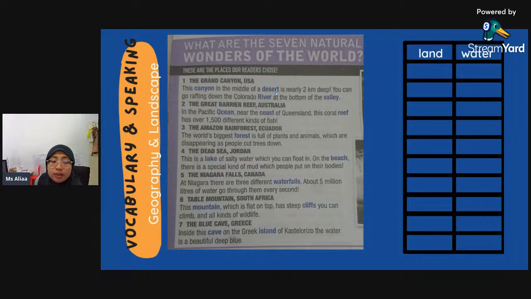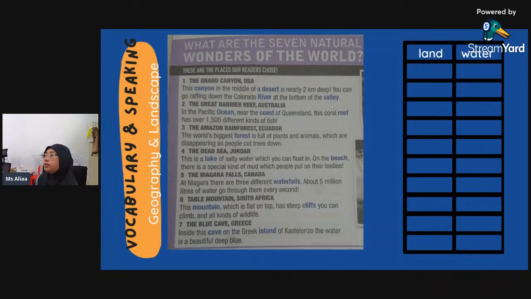What about desert? Desert is padang pasir. Padang pasir, land ke water? What about river? You should know what river means. River means sungai. Jadi sungai, river belongs under land or water. And then we have valley. Valley here means lembah.